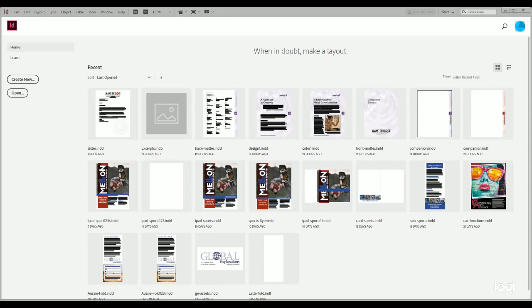An InDesign book is simply a container file in which multiple InDesign files are placed for easier organization and management. The InDesign book utility offers several benefits, including synchronizing styles, colors, and other assets to the book's master file, monitoring page and section numbering for each individual file in the book and the book as a whole, building a table of contents and index from all book files at once, and printing and exporting the entire book or outputting only selected chapters. Now this is going to take the excerpts folder, so take your excerpts folder and move it out